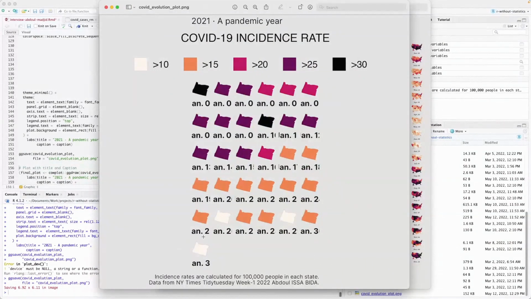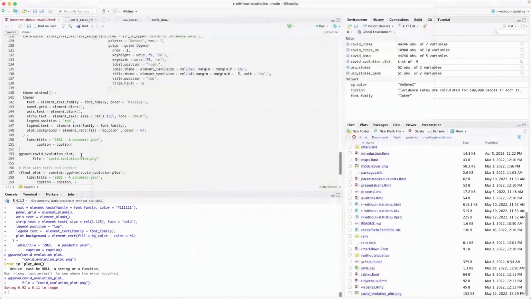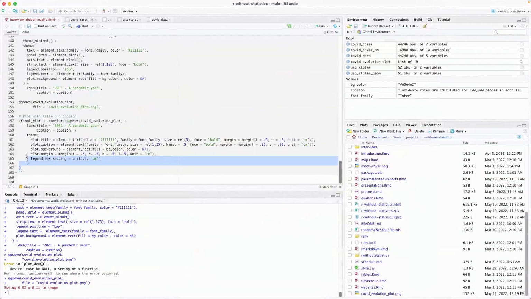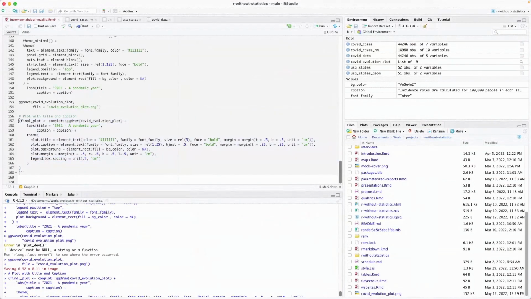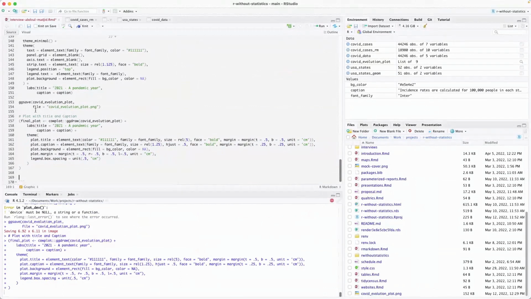So do you see the issue here? Wait a minute. I don't see the problem I'm talking about. Can you see the final plot with the ggdraw function when we save? Sure. Yeah, let me run that and then